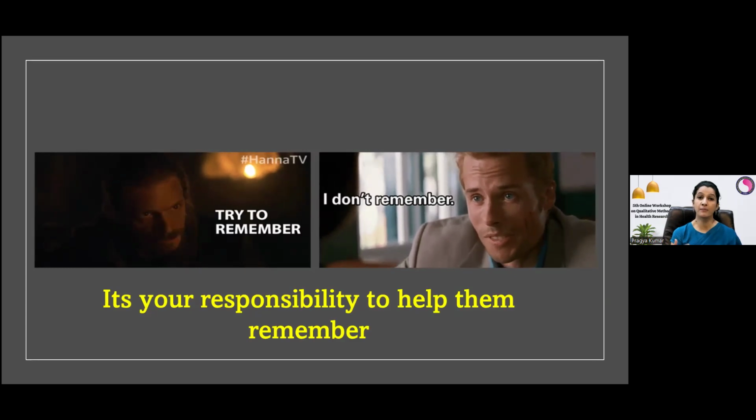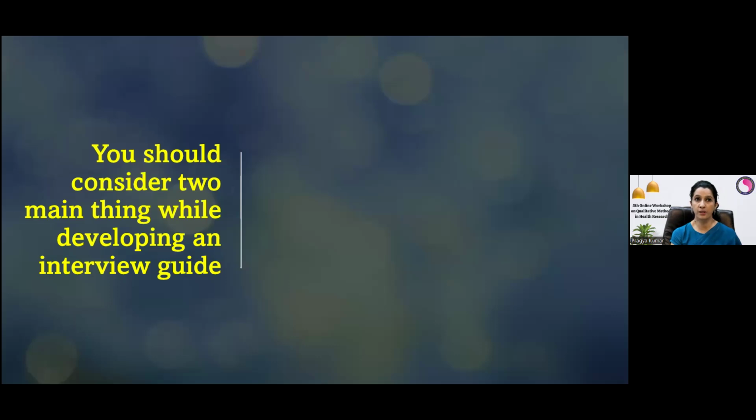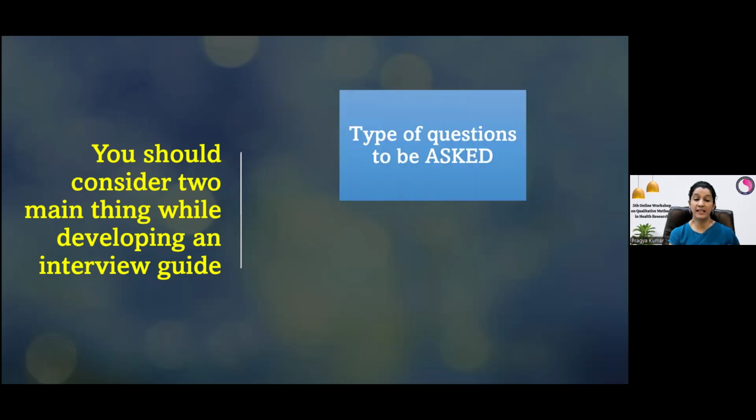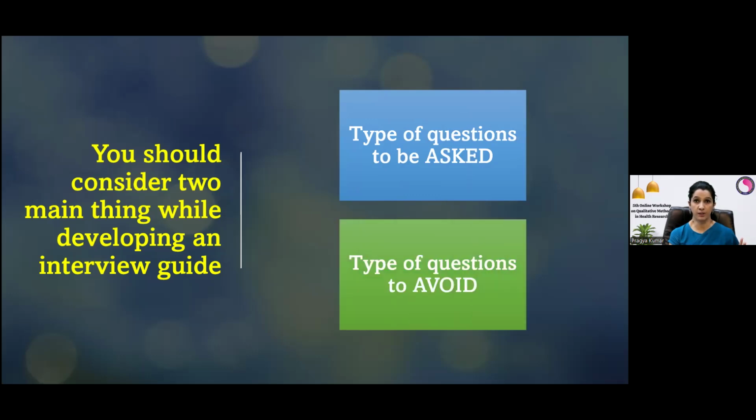You can give them some prompt so that they can remember that particular response which you are desiring. So you should consider two main things whenever you are doing qualitative research and planning to develop an interview guide. First is the type of questions which you are keeping. If you see the how, what, and why, these all lead to open-ended questions. These are not close-ended questions. So what are the types of questions which you should be asking, and what are the types which